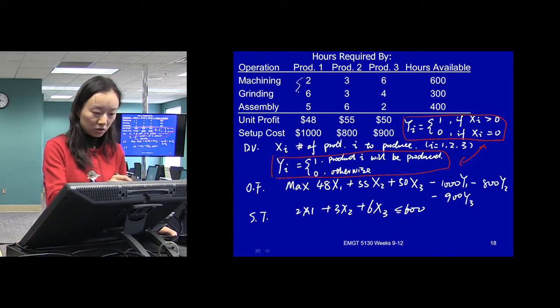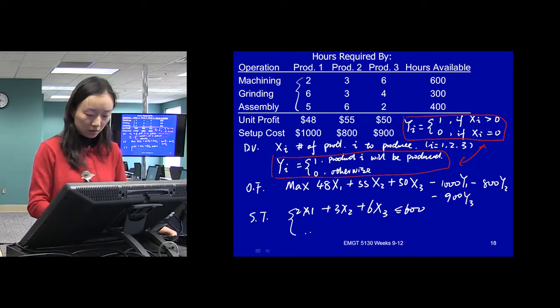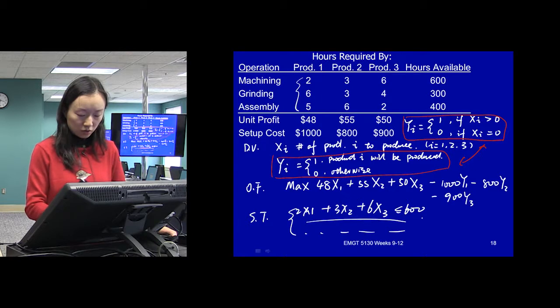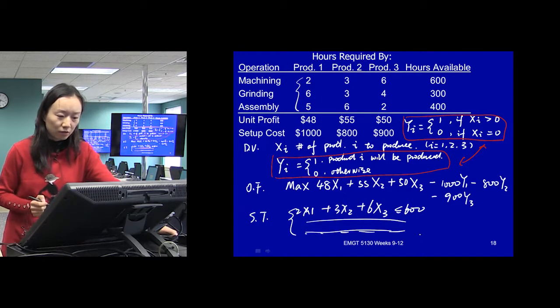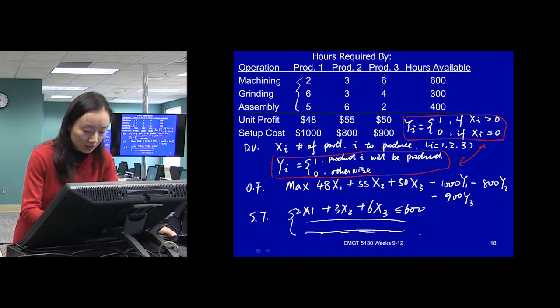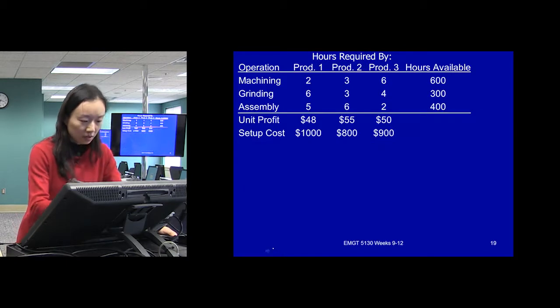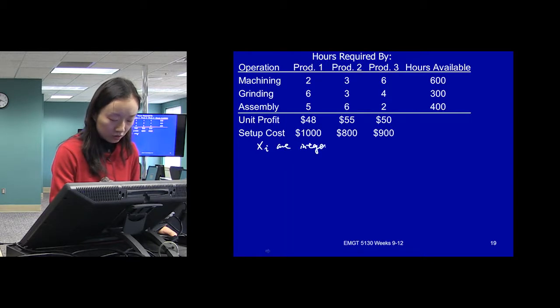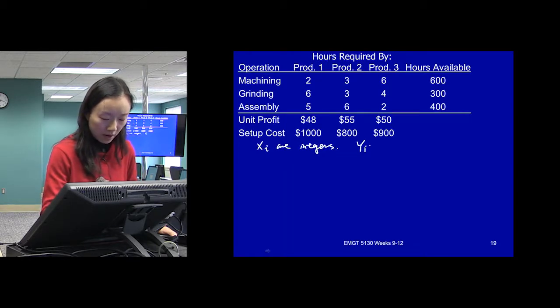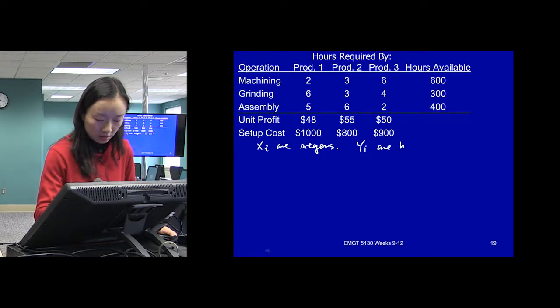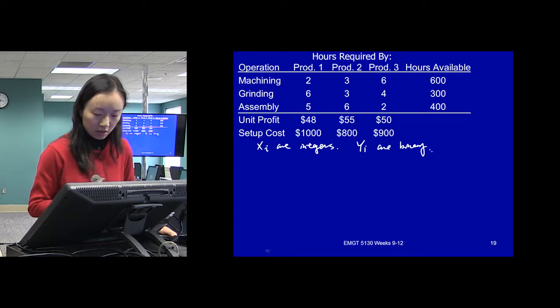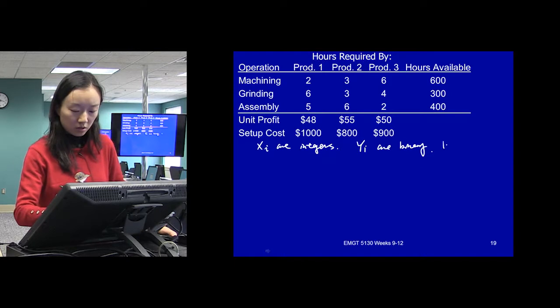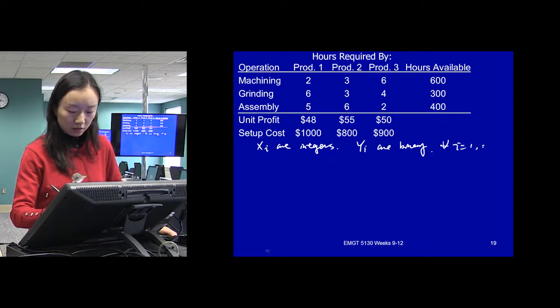So basically those constraints here. So I will write them. So there will be 3 constraints here. And we need to have integer constraints and binary constraints. So xi are integers, yi are binaries, for all i goes from 1 to 3.